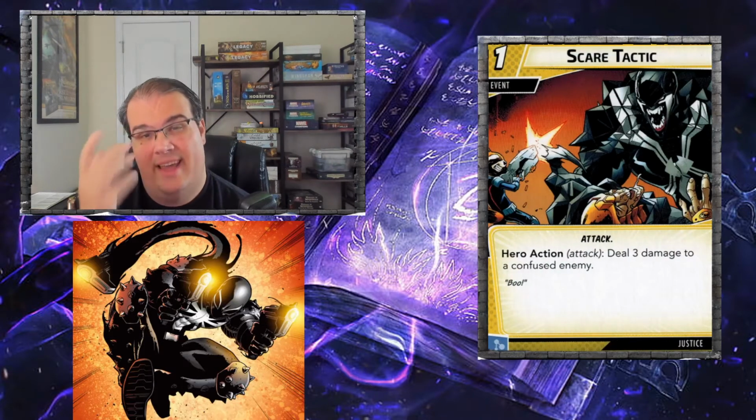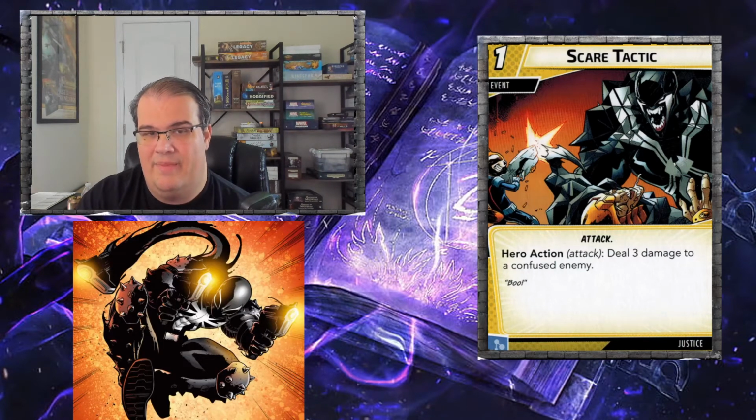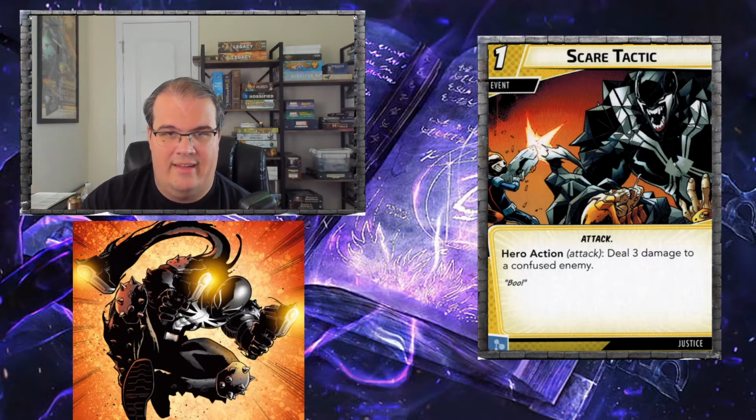Another card we get is Scare Tactic. 1-cost event, deal 3 damage to a confused enemy. Now you can see how this plays in with like Behind Enemy Lines that makes them confused. So then you can set them up with the confused, and then you hit Scare Tactic to deal 3 damage